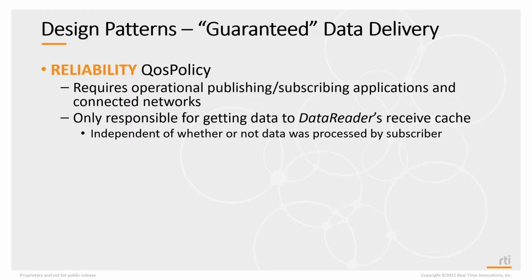For example, you may think that reliable data is guaranteed data, but that's really not what we're talking about. Reliable QoS policy actually requires an operational publishing and subscribing application and connected networks. So yes, if your application that's sending the data is alive and your application that's subscribing to data is alive and the interconnection between those two applications is okay and works, then DDS can get the data reliably from the publishing application